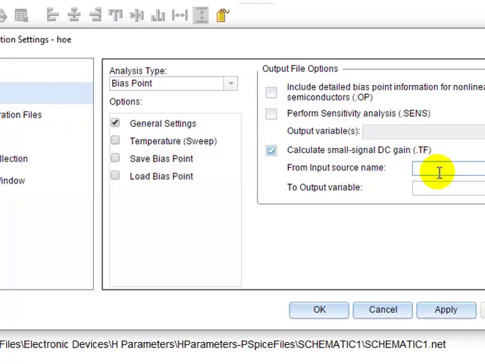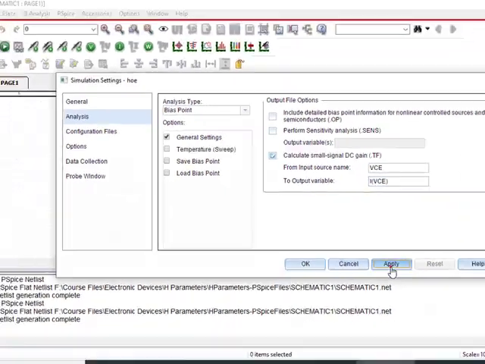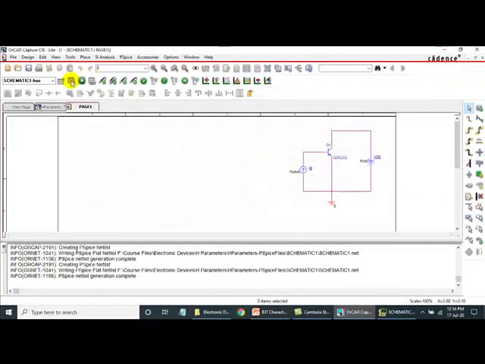The parameter that is to be changed is the denominator, that is VCE. And the output to be noted is collector current, or current flowing out of voltage source VCE, which is one and the same, I of VCE. Click on apply, click on OK, run the simulation.